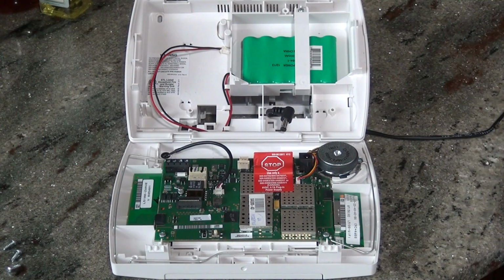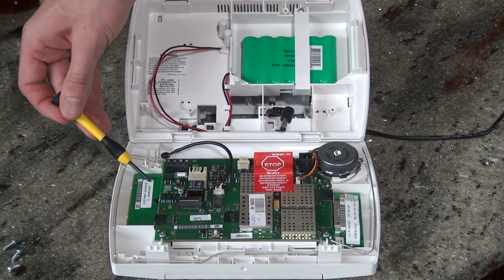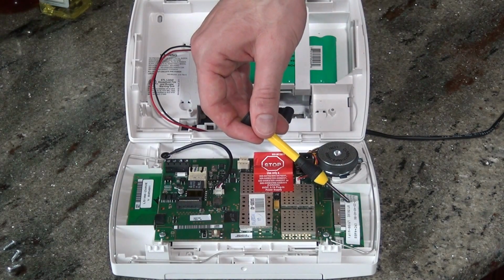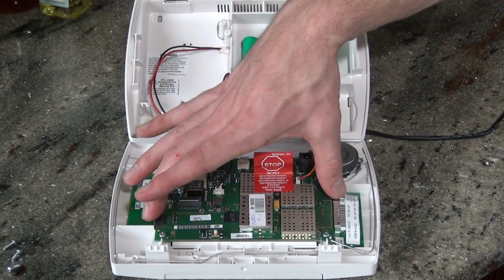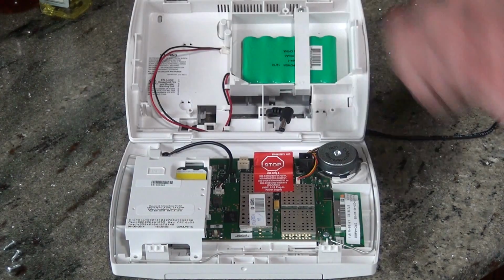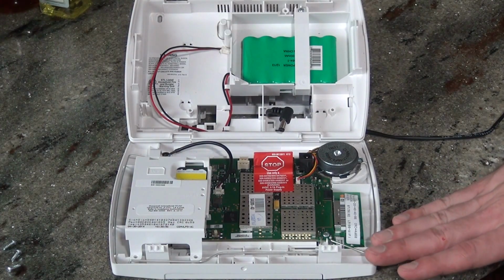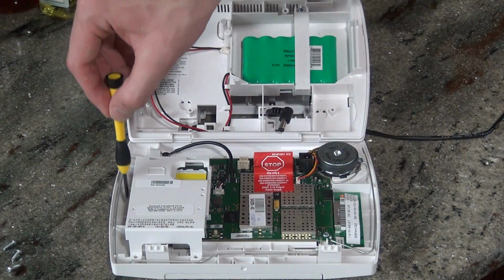You'll notice on the inside here that we have our L5100 Z-Wave module here on the left, and we have our L5100 Wi-Fi module here on the right. You'll notice that we've included these in this video to show you that the GSM will still fit with both of those modules. So while none of these come by default with the panel, the L5200 does support Wi-Fi, Z-Wave,